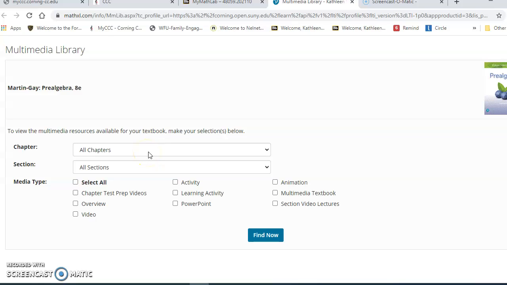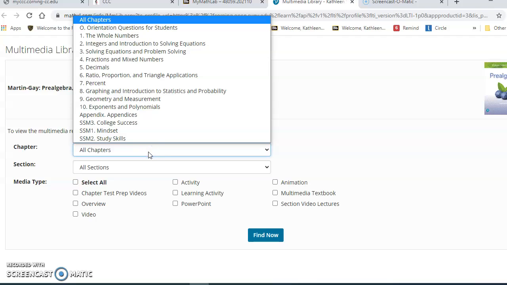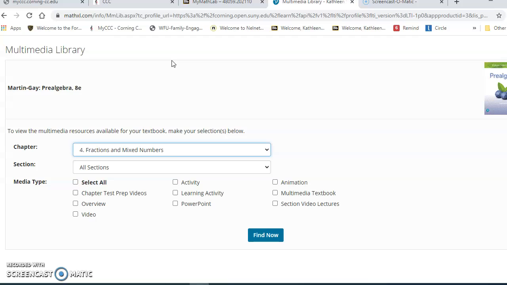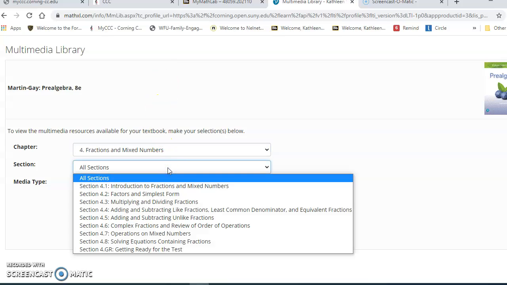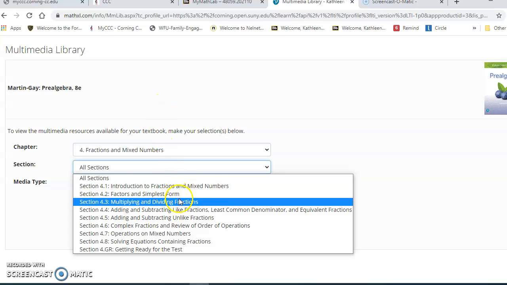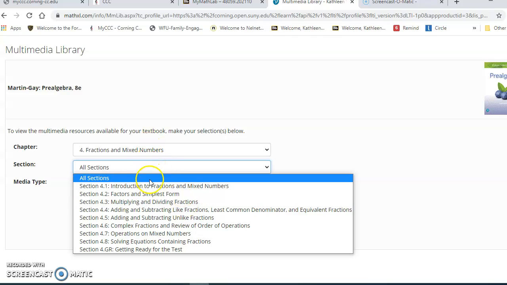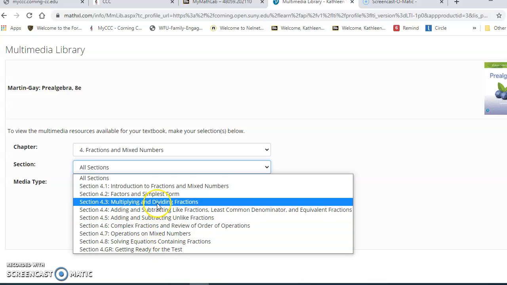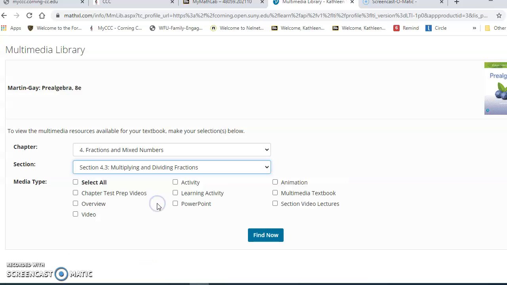So say you missed some section in chapter 4, which was our fractions, and you wanted to go over how to multiply and divide fractions again. So under chapter, you go chapter 4, and then it'll show you all the sections from chapter 4. So let's pick multiplying and dividing fractions, and then come over here and select section video lectures, and then hit